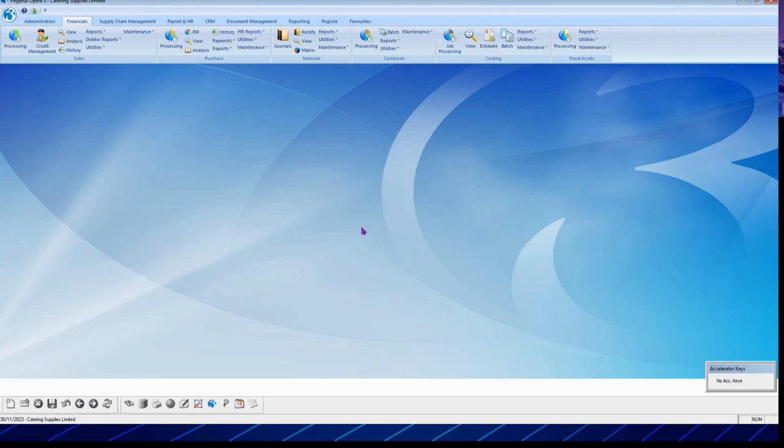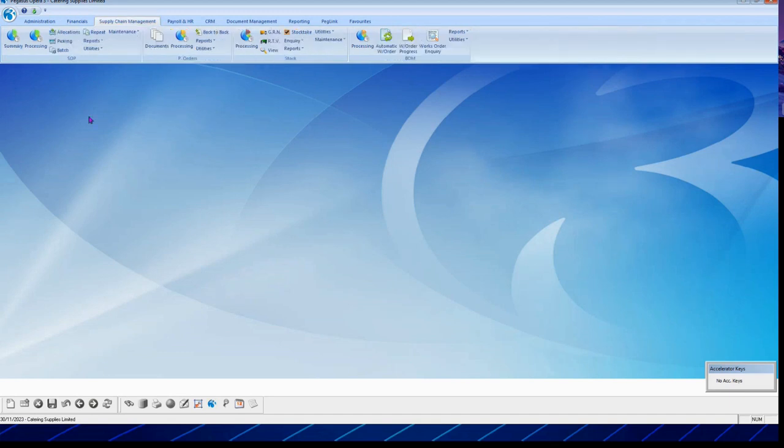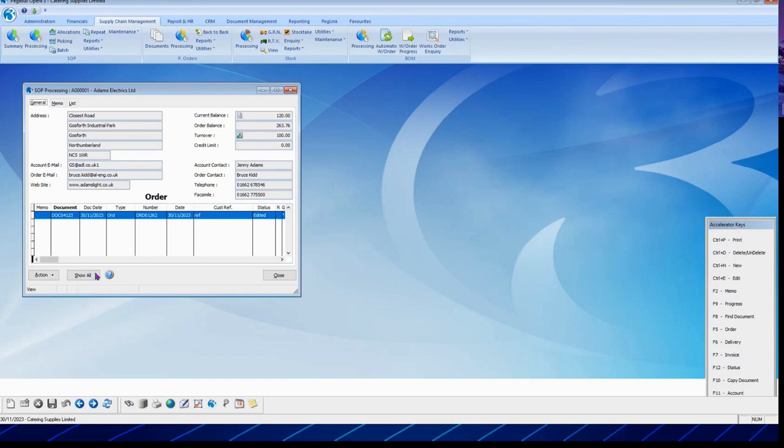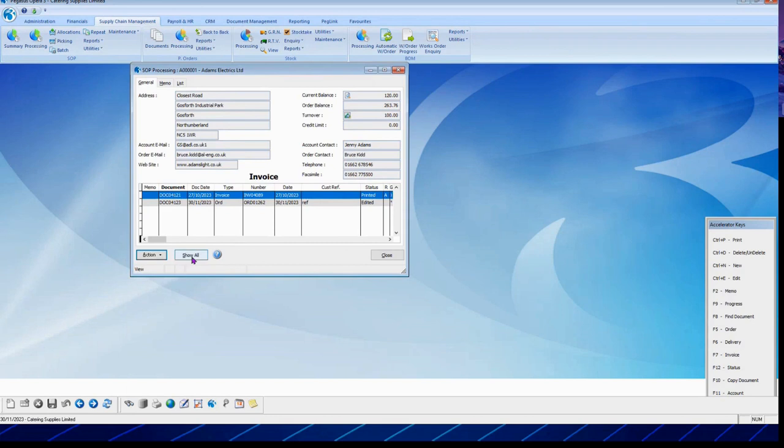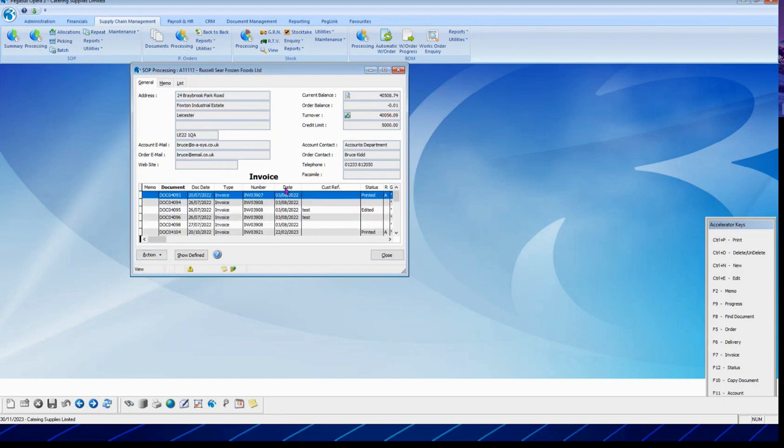And then the last thing I wanted to mention in this area was copying data from grids into Excel. So whenever I look at anything where I've got quite a large grid of information, let's open sales order processing. Let's go down to invoices in there. See if we can find, there we go, some with a bit more information. I can right click on any of these grids, click on copy data,